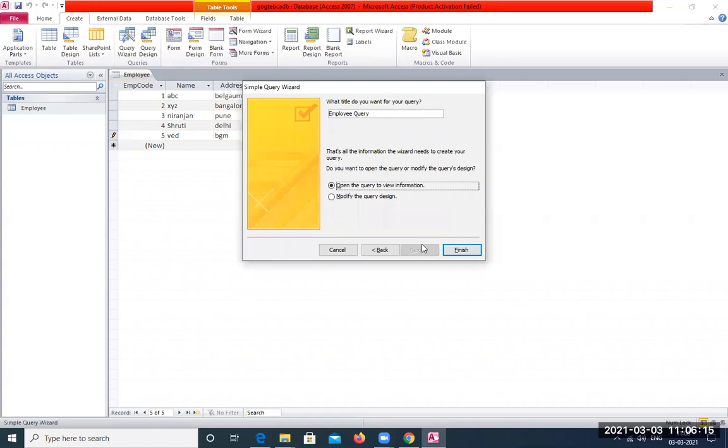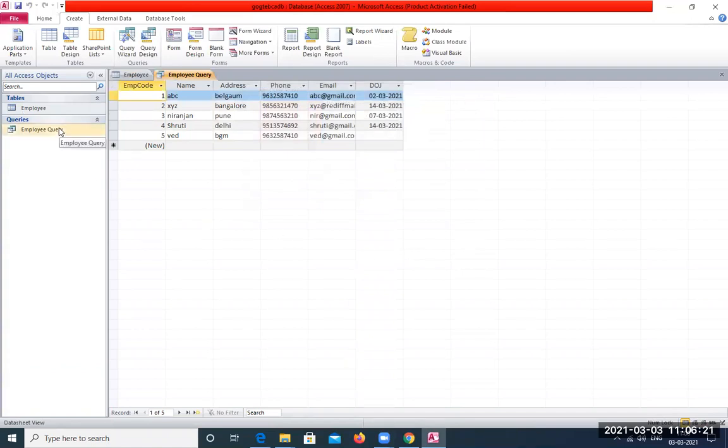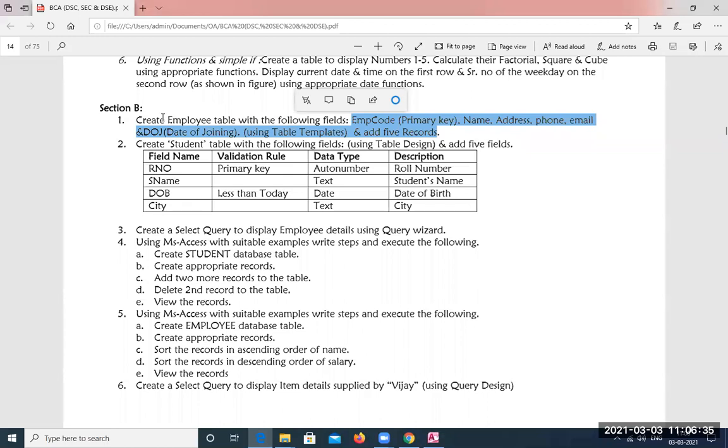Click on next. So this is going to be the title for our query and then click finish. So this is your third term work, right? After the five entries, the steps that we followed is the third term work. Then let us go back to this syllabus copy. So we are done with first, we are done with third. Next thing is we are going to do the fifth one.